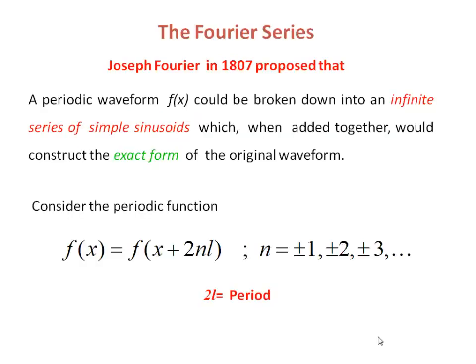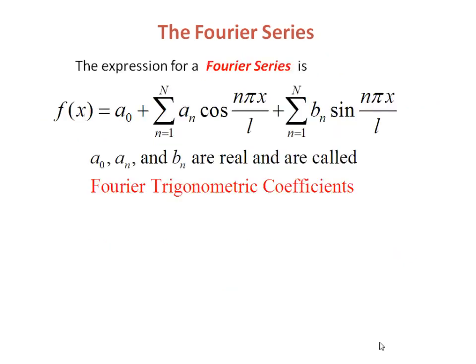Joseph Fourier in 1807 proposed that a periodic waveform f of x could be broken down into an infinite series of simple sinusoids, which when added together would construct the exact form of the original waveform. For example, if we consider the periodic function f of x is equal to f of x plus 2nL, where 2L is the period of the waveform and n is an integer,